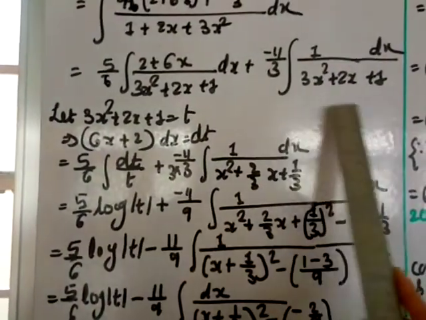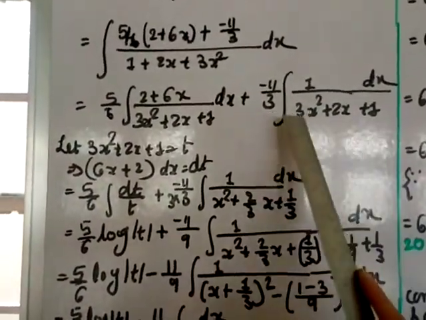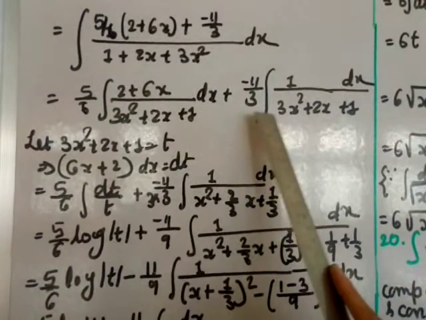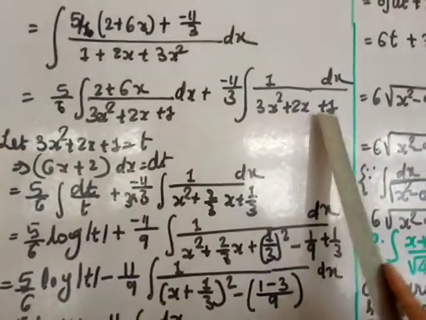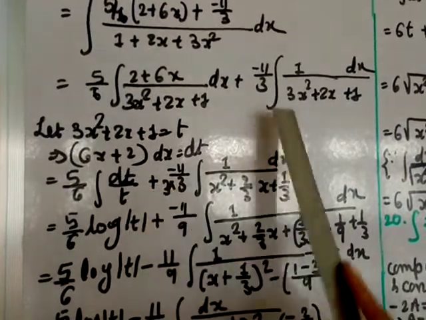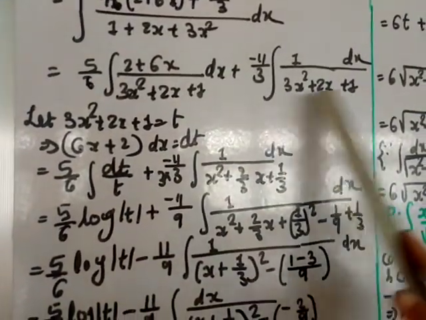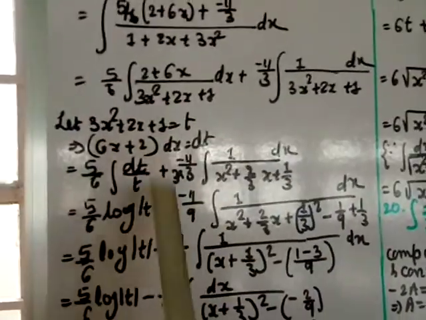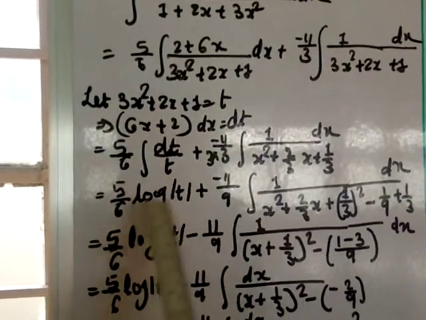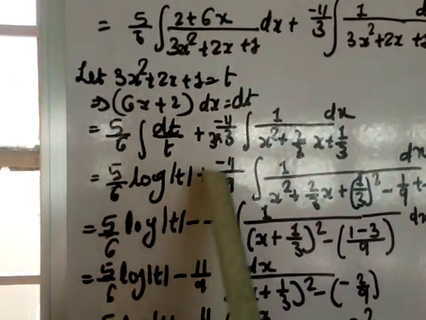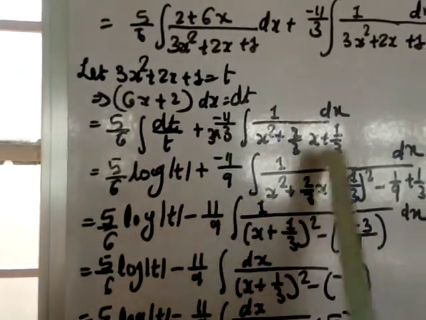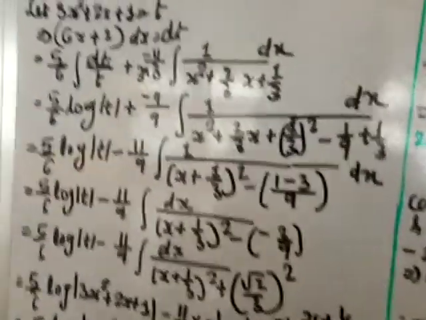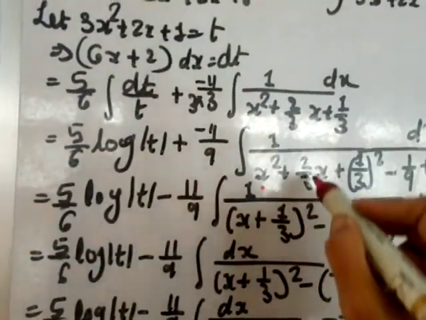Then here I have to make the perfect square. To make a perfect square, the coefficient of x square has to be 1. So I'll divide by 3, or take 3 common. When I take 3 common, x square remains, here 2 by 3 x, here 1 by 3. In the minus 11 by 3 term, I multiply by 3 and divide by 3, so here x square, 2 by 3 x plus 1 by 3. Then the integral of 1 by t is log t, with 5 by 6 as it is, plus minus 11 by 3 into 3, which is 9. This I have to make a perfect square, so I take x square as it is, and 2 by 3 x also as it is.